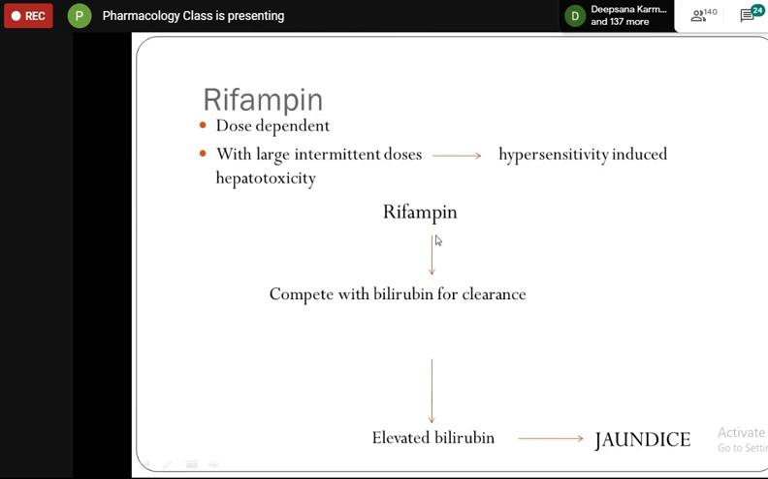The other one is that it can also induce cholestatic jaundice, which is because of the interrupted bile flow. So what happens? Rifampin competes with the bilirubin for the clearance. So it is competing with the bilirubin for the clearance, and the rifampin that is not retained inside will be